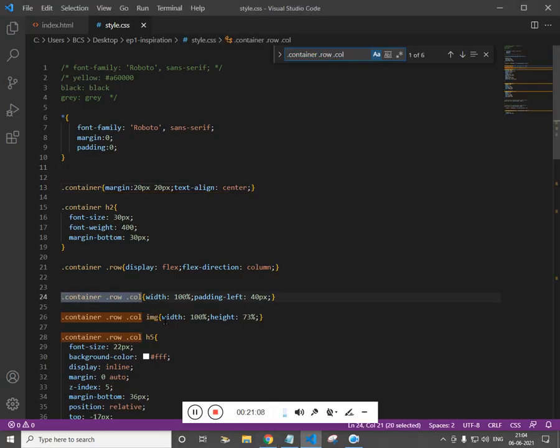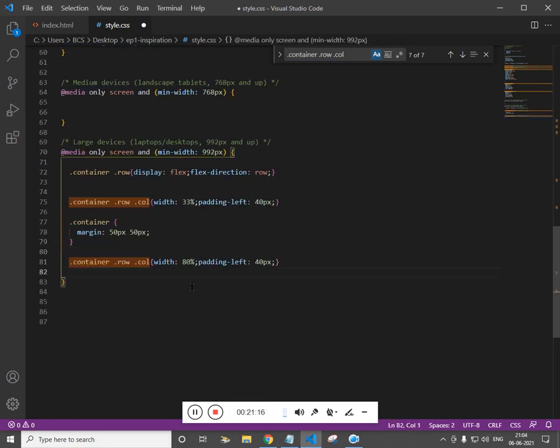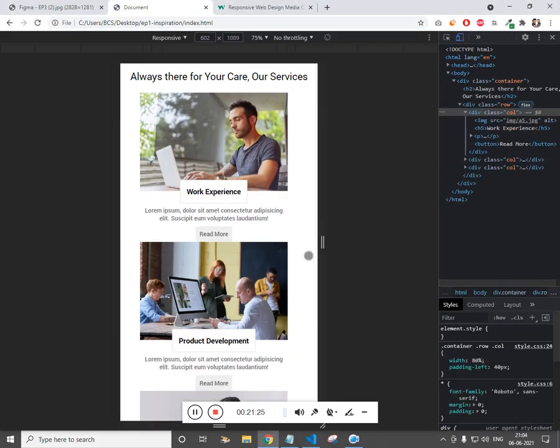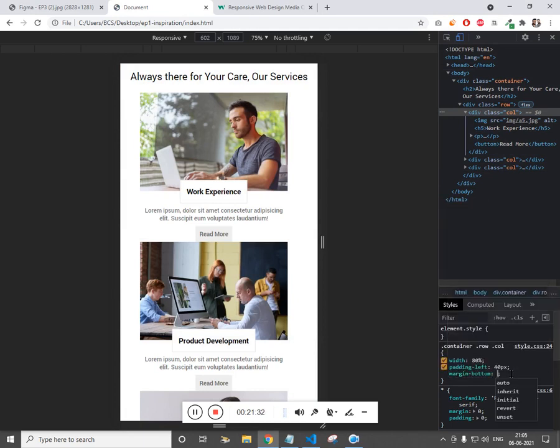So let's copy, and over here we have to make this 80%, and for desktop it is going to be 100%, and we are not changing this, so I'm removing it. So if you refresh, and if you want the margin top for the column, you can add margin bottom 20 pixel.